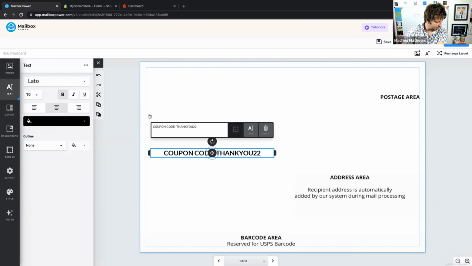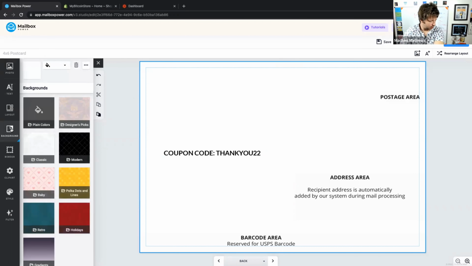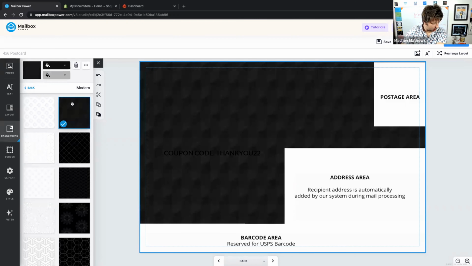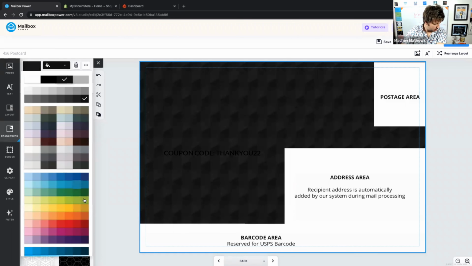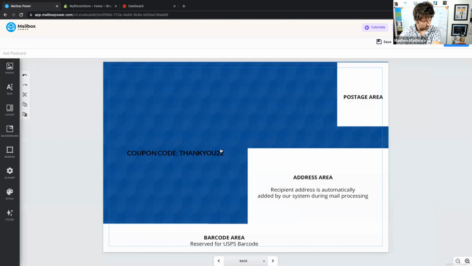Little hack here, a little advanced tip. Since I'm writing on a white card on the background, I'm going to actually add a color here and then I'll just remove it in a bit. But this way I can see where I'm eligible to write, because these areas are already used. If you're familiar with designing on Mailbox Power, you'll know that these areas are already used, as they mentioned there. All right, now